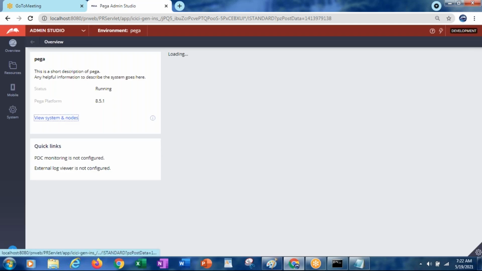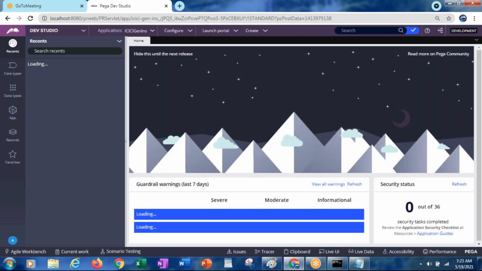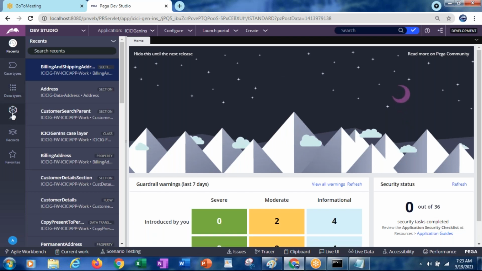The edit validate rules are under the data model category, and obj validate rules are under the process category.